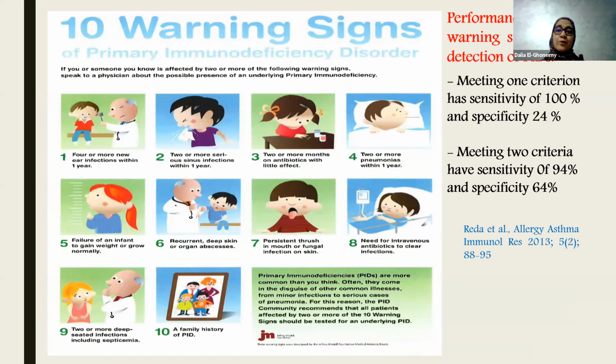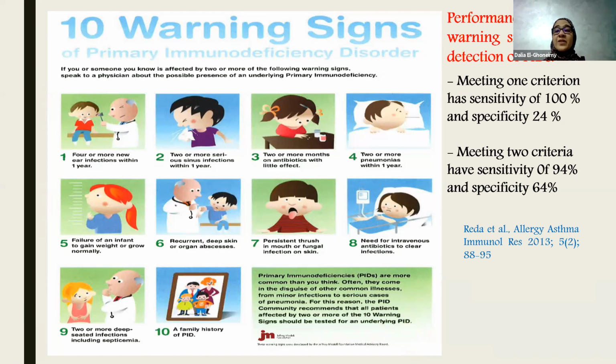So this is very important to ask about and to consider in the history. While meeting 2 criteria has less sensitivity, 94%, it has higher specificity. Meanwhile, it's just one criterion, taking into consideration parental consanguinity and/or history of sibling death, whether unexplained or because of infection, or 2 criteria, according to the clinician